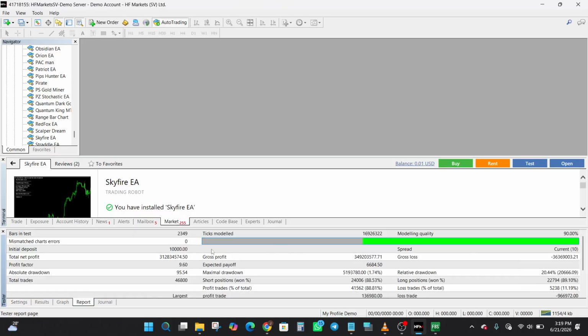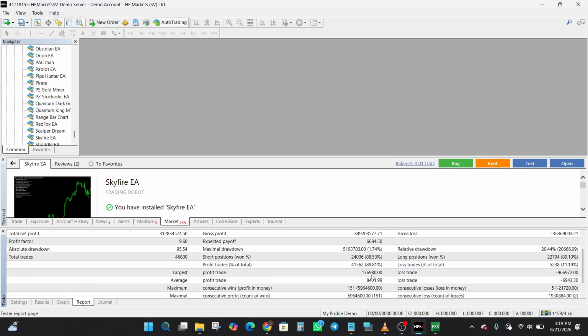All right, so now the initial deposit is $10,000 and I can see that the total net profit is $312,834,574.5. We can see that the maximal drawdown here is just 1.74%, which is pretty impressive, but the relative drawdown is 20.44%. All right, and the largest profit was